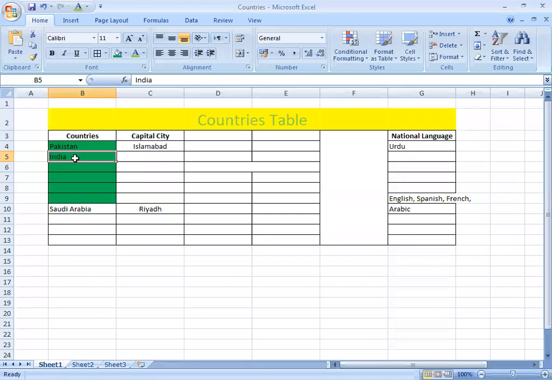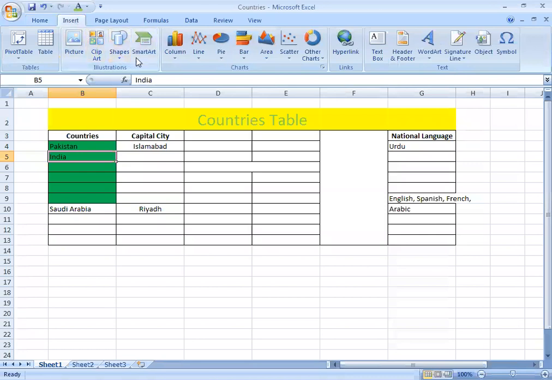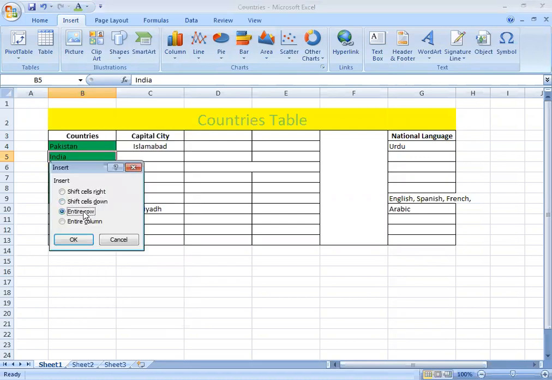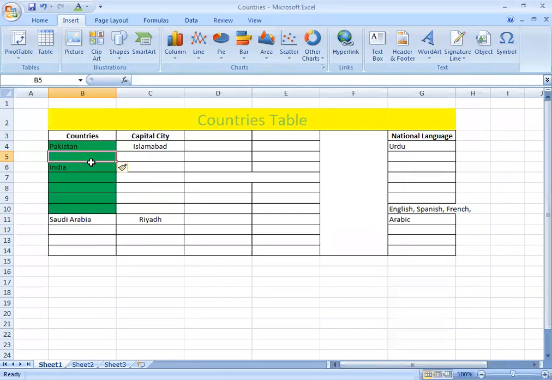So you won't do it 3 times. You will select India, you will go to the insert tab, press the right mouse button, and you will go to insert and entire row. You see a row is inserted, but you won't do it again, clicking on India, pressing right button, and selecting entire row.